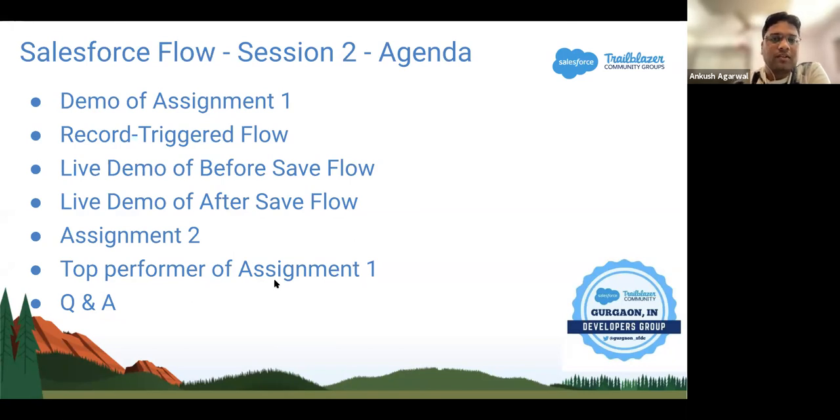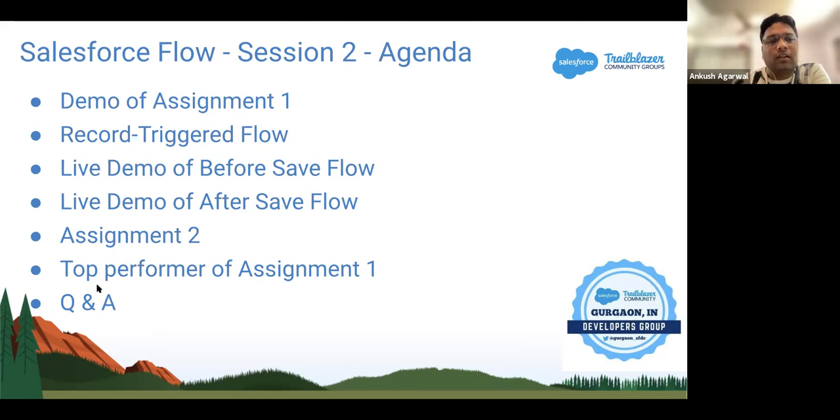But if you haven't joined the last session and you want to participate in the assignment, then you may join with assignment two. We'll be accumulating all the assignments, and after four assignments we'll declare the results. So there is a possibility that you may start from this session, and if you follow till the end, you may have the highest marks and be the winner of the certification voucher. So you may participate from today's session as well.